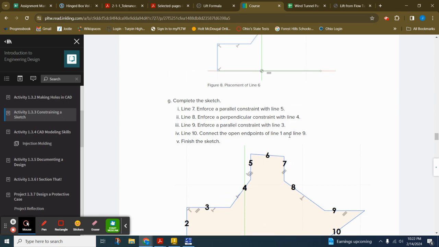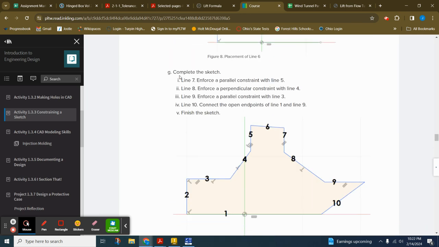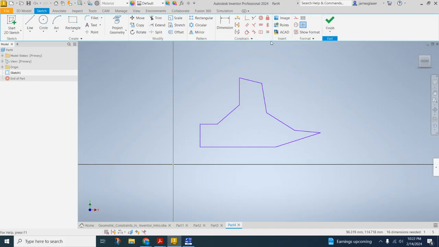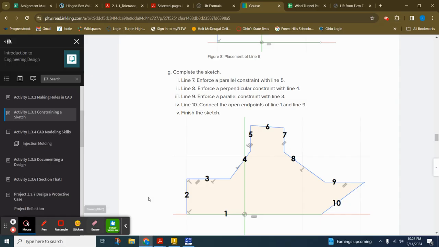Okay. Now that we've got that, we're going to do part G, where this is where it's actually starting to have us build the constraints. So the first one is we want line 7 parallel with line 5. Well, easy enough. We got this convenient constraint called parallel right here. So we're going to click that and say 7, 5, stay parallel. Now, going back,